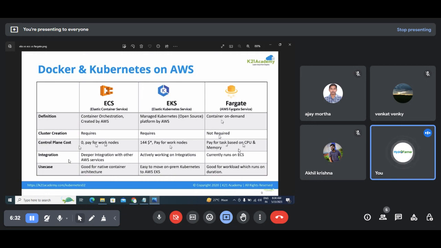Next, deep integration with other AWS services. I'll tell you one simple example. While working on ECS, we also worked along with EC2. We went through the EC2 section where we checked our instance. Similarly, we went through ECR, where we found our images. So when you are working on ECS, we have a benefit of